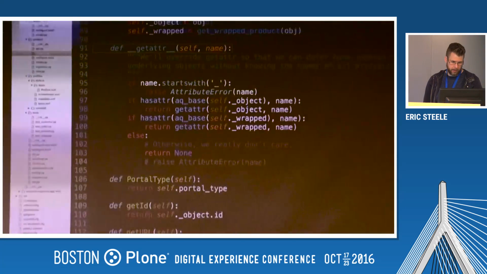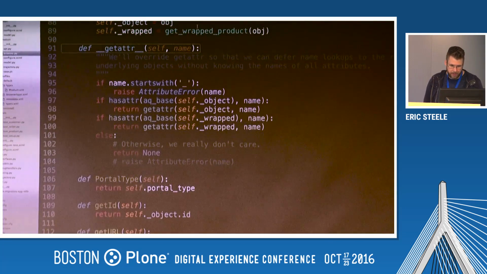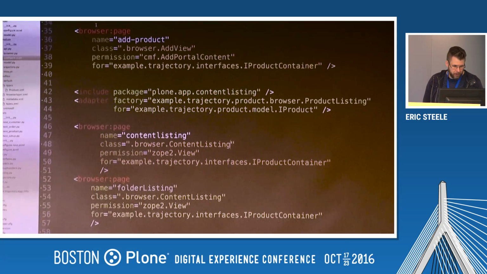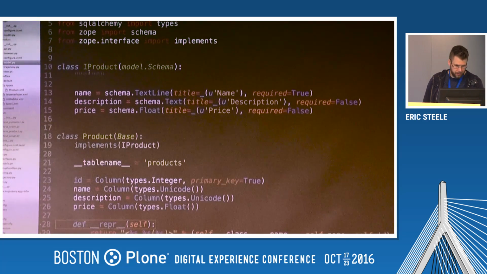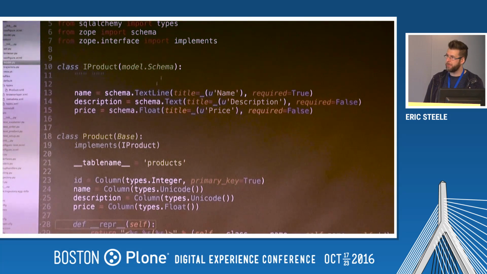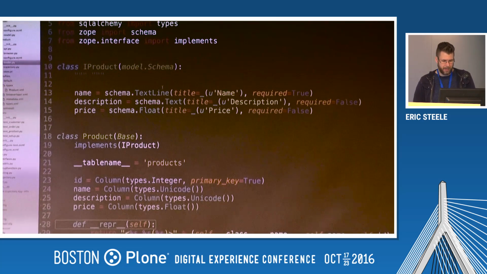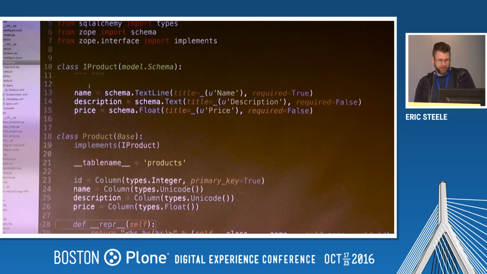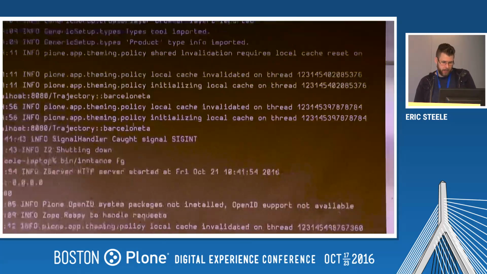The other thing we can do is create, and I hope I'm not making anybody motion sick with that, we can create a schema for it. And I would love to find out a way to map between the SQLAlchemy definition and the ZOPE schema definition. I have not worked that out yet. But we can basically take these same fields. So we have our name, description, and price. We define them up here as the same thing, so name, description, and price. And we can use that to create,